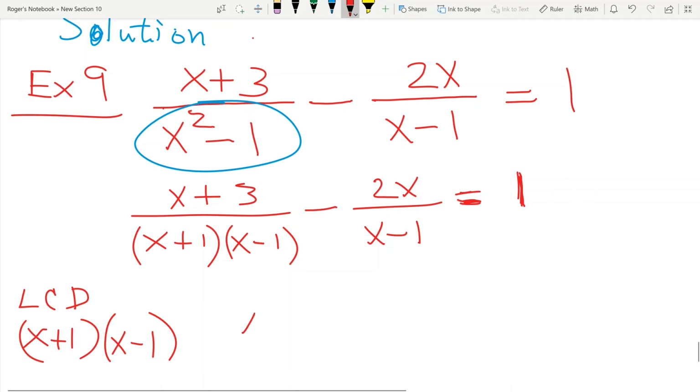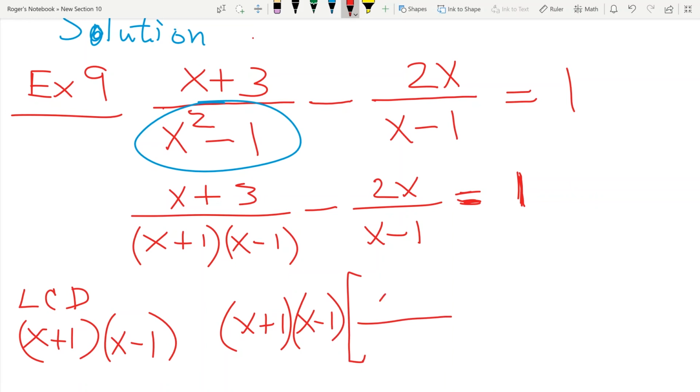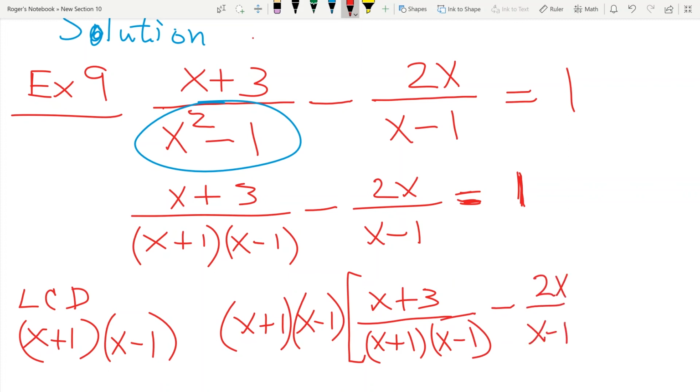But let's go ahead and show this. We're going to go x plus 1 times x minus 1, and we're going to multiply the left side by this. So I'm going to use a big bracket here. I'm going to put x plus 3 over x plus 1 times x minus 1, subtract 2x over x minus 1. Okay, big bracket equals 1 times x plus 1 times x minus 1, which is just x plus 1,